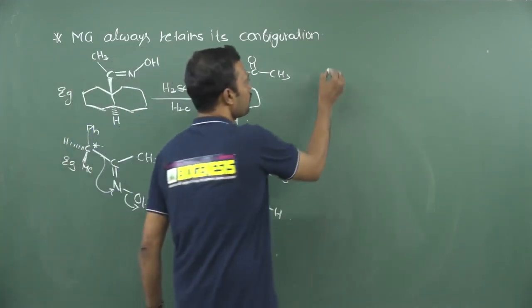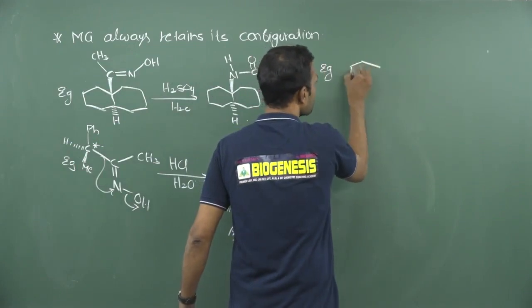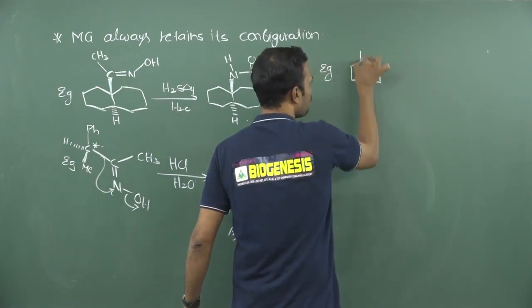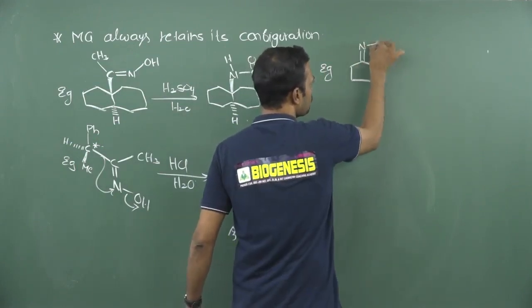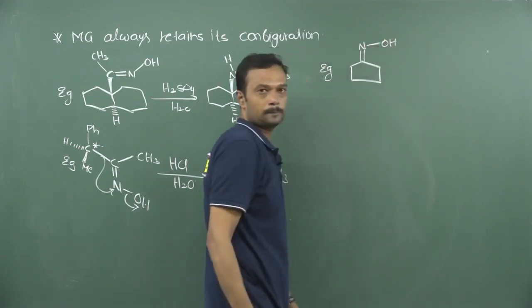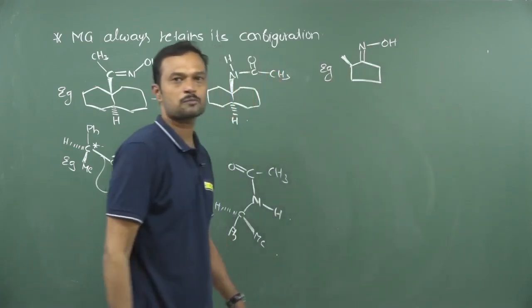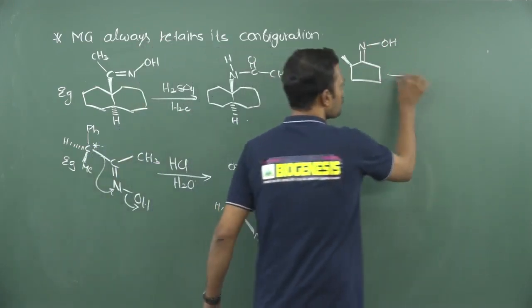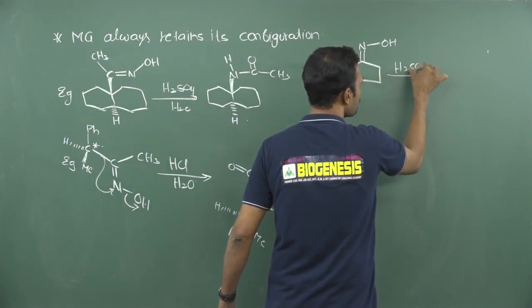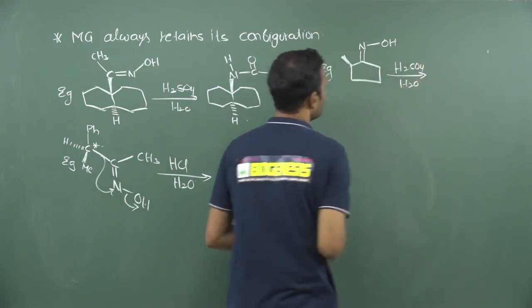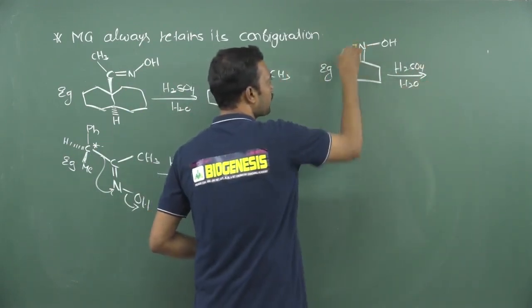Okay, and a very important thing is, if I take any cyclic ring, suppose I take a 5 membered ring, this is nitrogen, and I am putting a hydroxy group here. Now, if I write a thick line over here, which group is the migrating group? Ring expansion reactions. Okay, so how to predict the answer? If I use H2SO4 in presence of water molecule, now this will be expanded here like this.